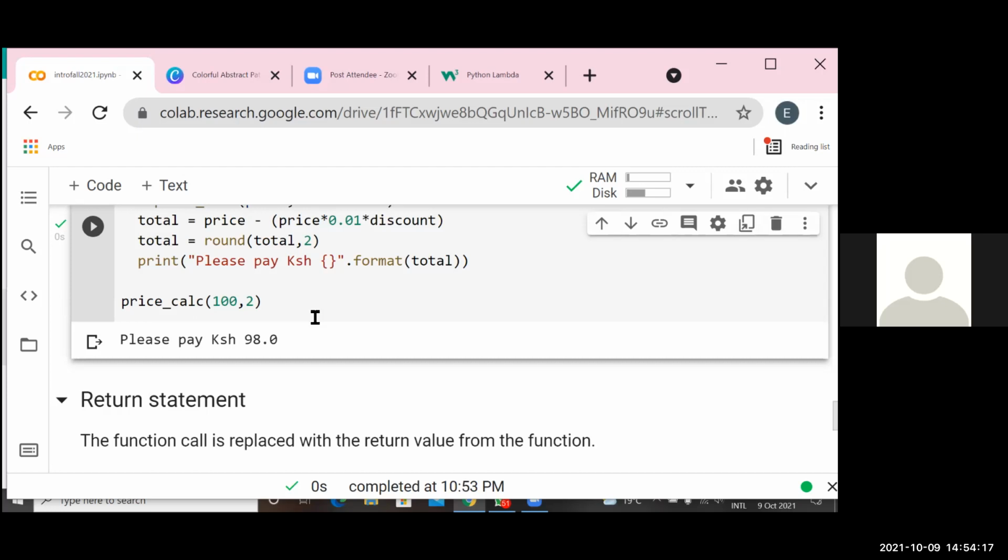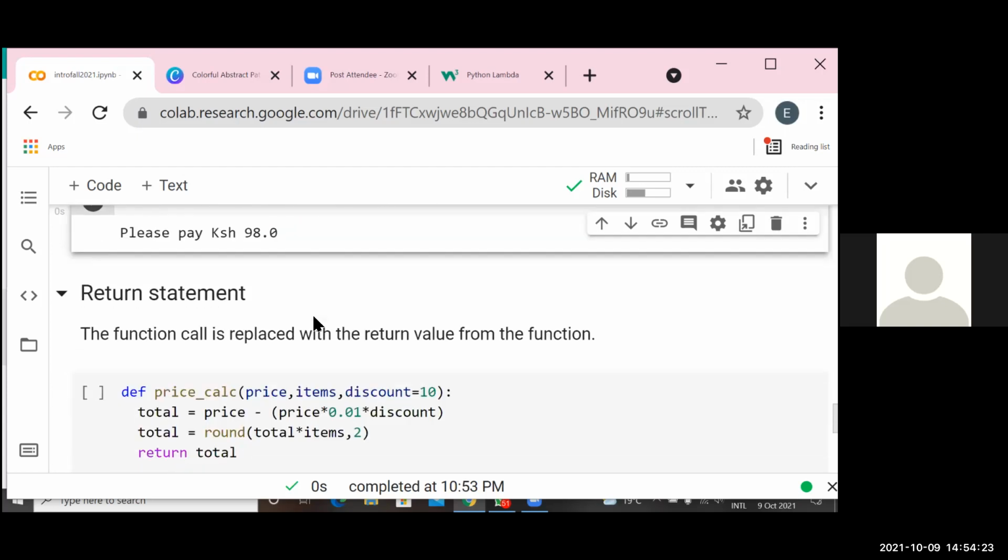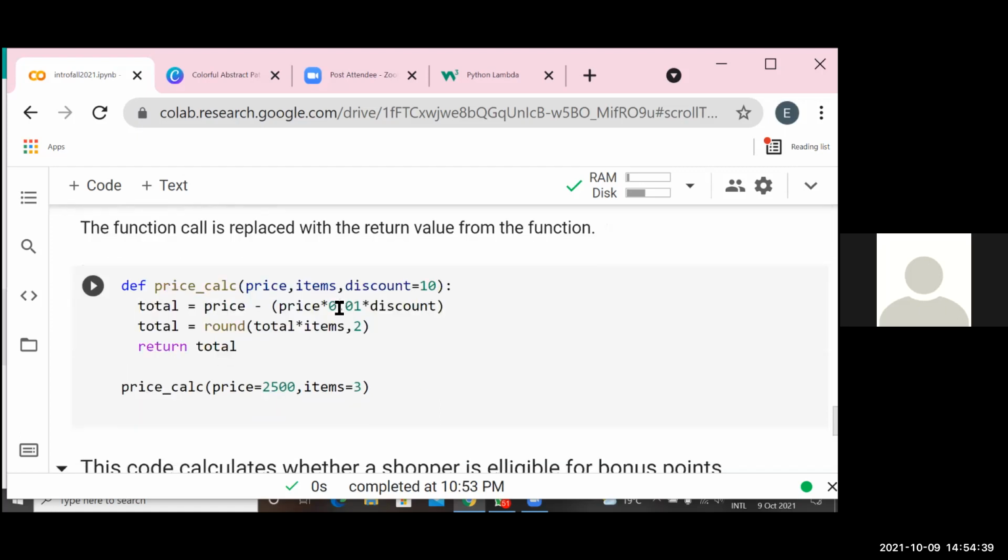So now when writing functions, we have a return statement. So a return statement basically, when you call the function, the output would be the value that is returned. So what do I mean by that? Remember our discount calculator, price calculator, we calculate the price and get the total.